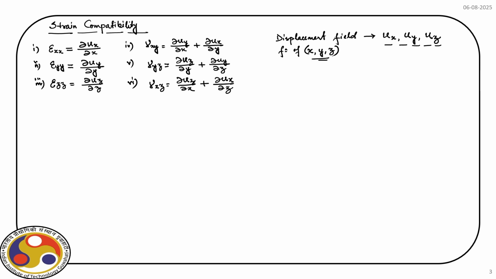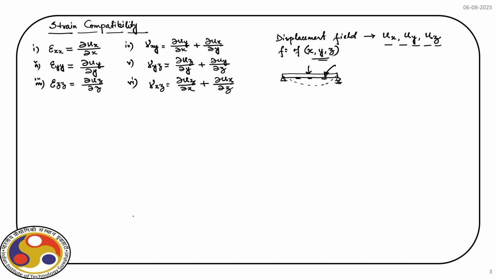different strain components. Now, the problem comes when we start from the strain and wish to find out what our displacement fields are. For example, if you have, say, a beam and then we apply some load and we measure some strain, say at this location, this location, this location. So, these are the locations and we wish to find out how this beam is going to deform by measuring this strain, because we can measure strain. Also, we can measure displacement, but if we wish to figure out from strain what the displacement component is, then